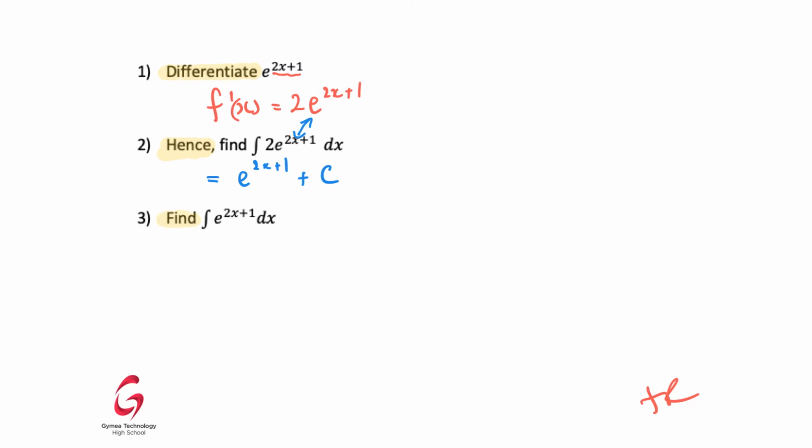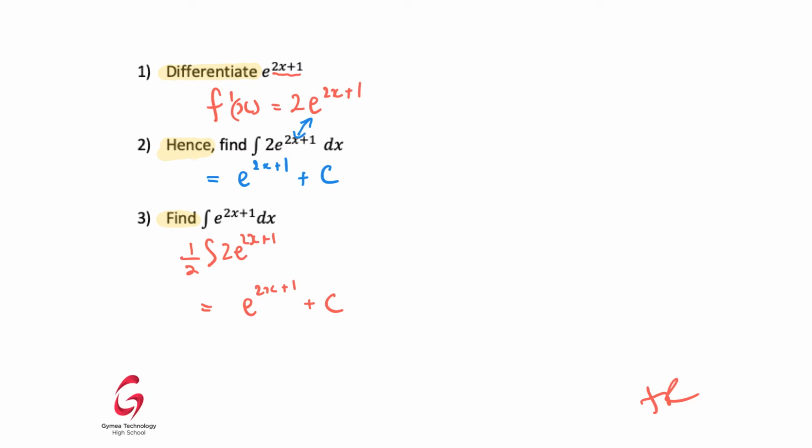Okay, and part 3 says find the integral of e to the power of 2x plus 1. Now, if we think about this process and think about what was missing from above, it's that 2 sitting out the front there. If that 2 was sitting there, we'd end up with that exact same result from above, wouldn't we? Problem is it's not. So there is a little bit of a workaround. We can rewrite this expression with a 2 there if we say we're going to cancel that 2 by dividing by 2 on the outside